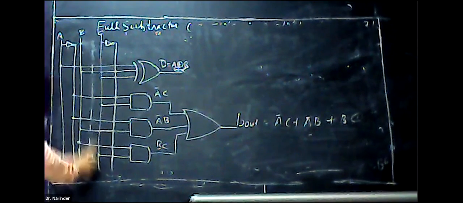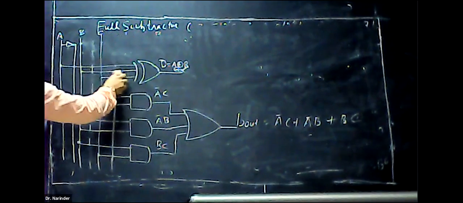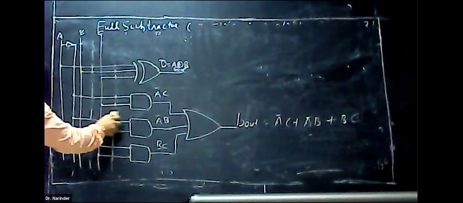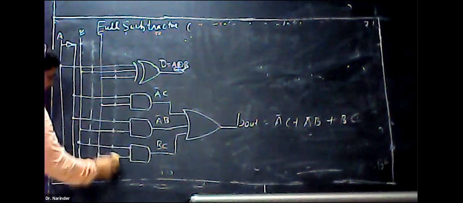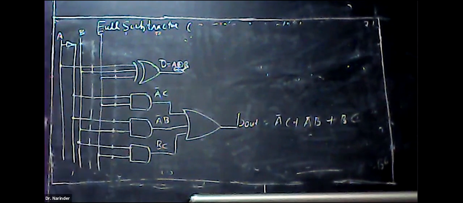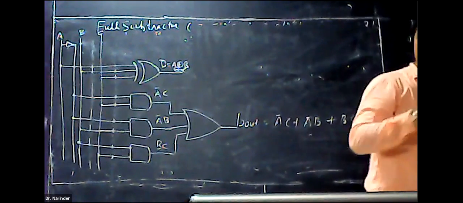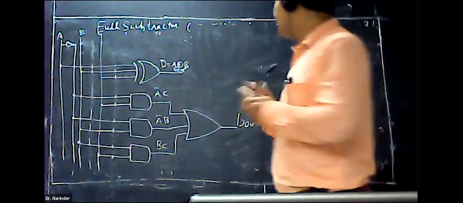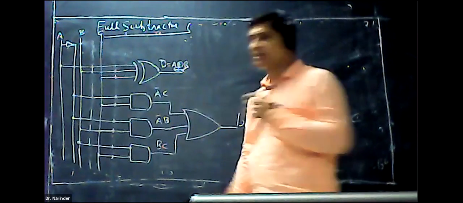You can also delete this just to minimize the circuit, because we don't require the NOT gate for this. Only one NOT gate is required. So that circuit is also equivalent. It would be the same, because otherwise we are using two additional NOT gates. In normal practice, we always follow that. In this way, we can design the full subtractor.